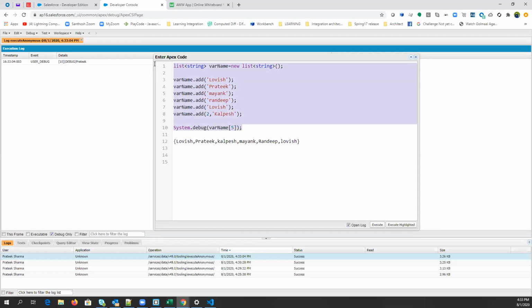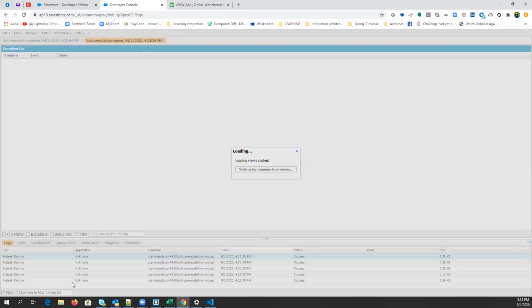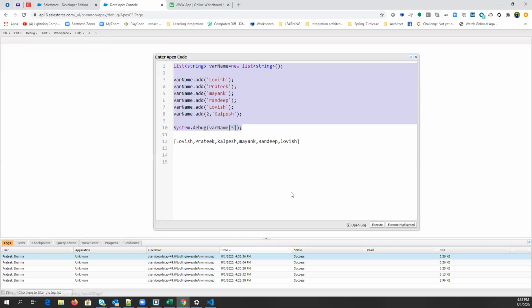So you can differentiate in this way. Index number 5, right? But capital L or small l won't matter, because it is not a case sensitive thing. Exactly. Cool guys.